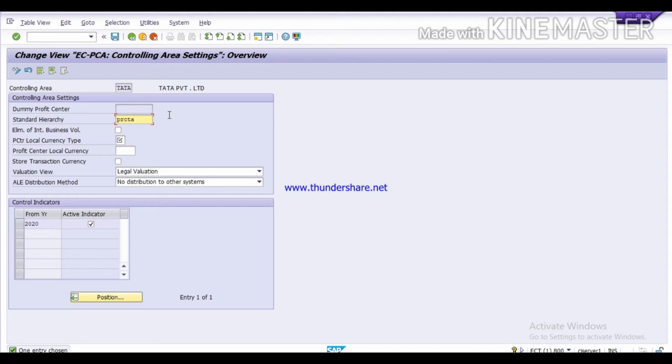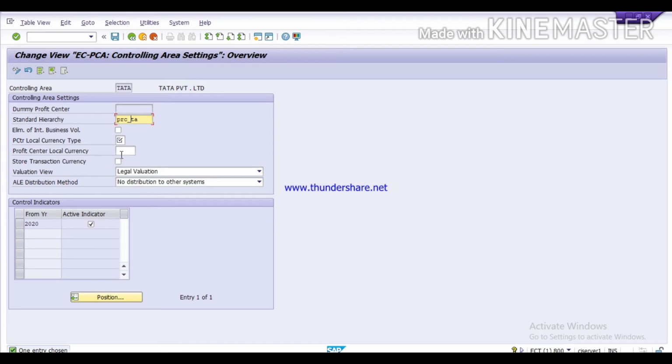I have given this name for the profit center hierarchy, which is the highest hierarchy of profit center.